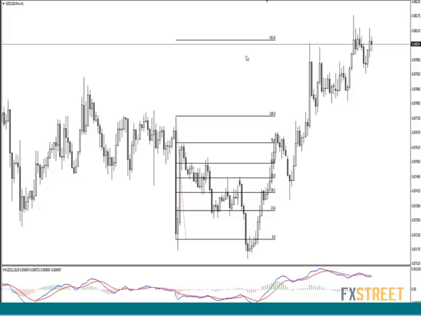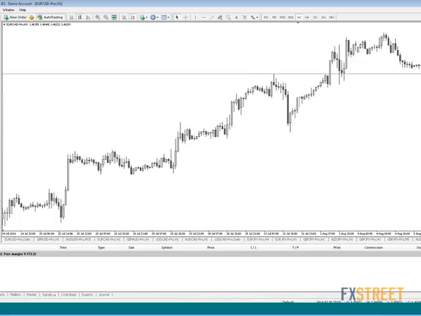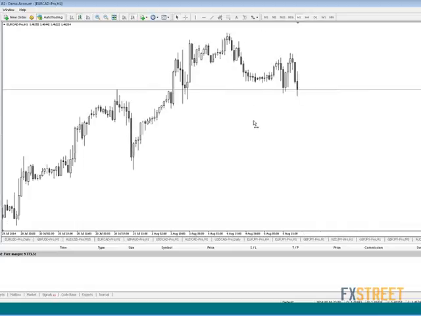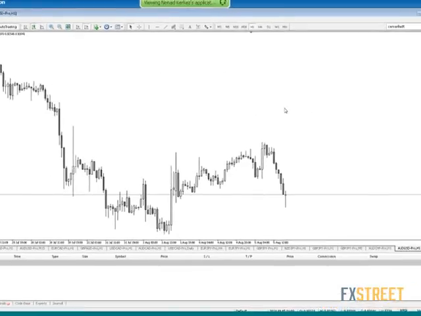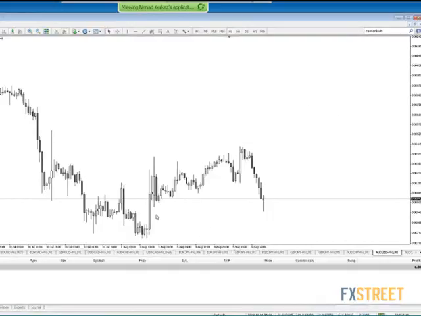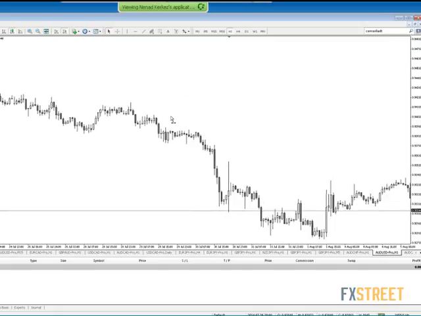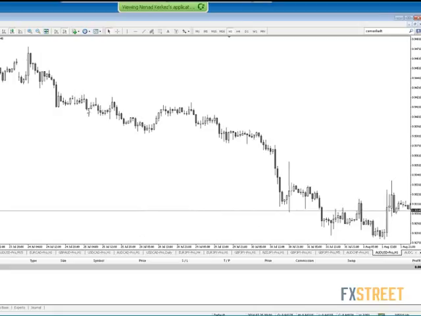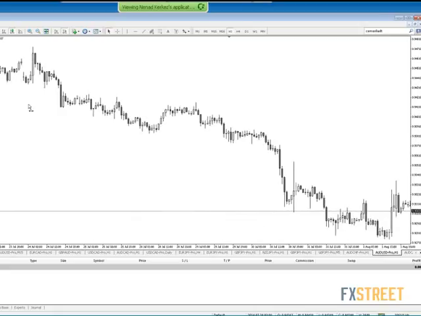So actually you will see, okay, this is an example. Let's open Aussie. And Aussie is in a downtrend. We can see that. And this was actually the point where we could have sold Aussie. This is very clear, those weeks. But let's stick to the presentation. Actually, this is a Marubozu candlestick. Okay? This is a Marubozu candlestick.